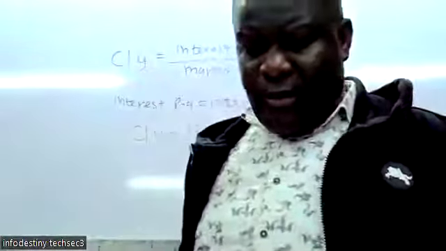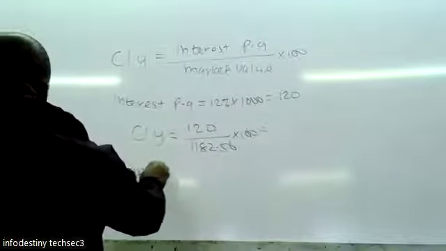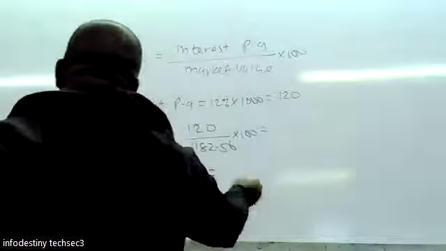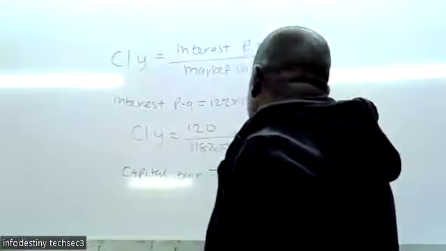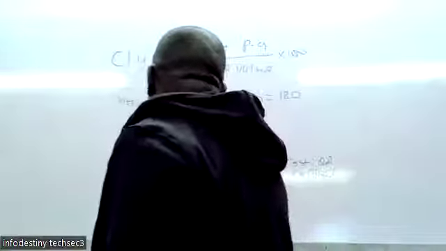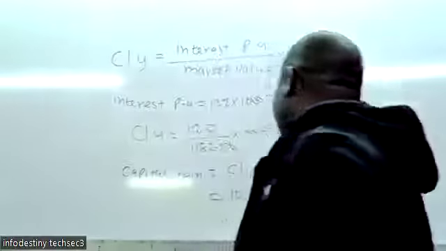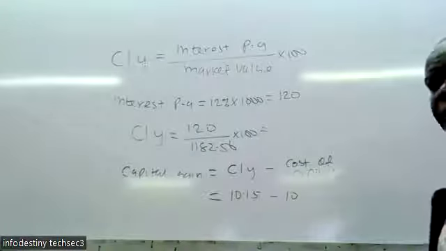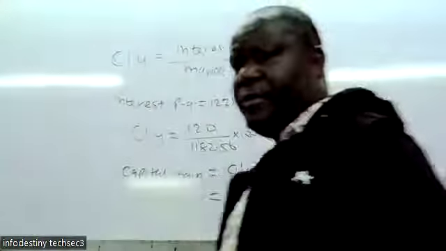So 10.15. Now you go to the Roman letter 3, the capital gain on the bond. When you want to get the capital gain, you simply get the current yield minus the cost of capital. So current yield, it is 10.15 that you have calculated. The cost of capital is 10%. Remember, we had taken 10 divided by 2, but this one will simply be